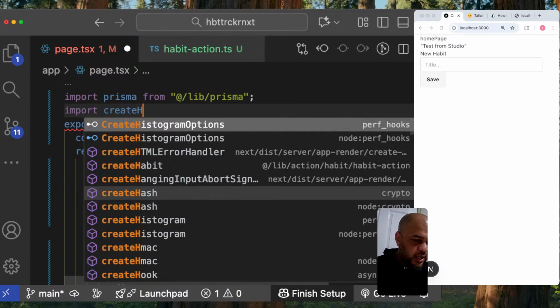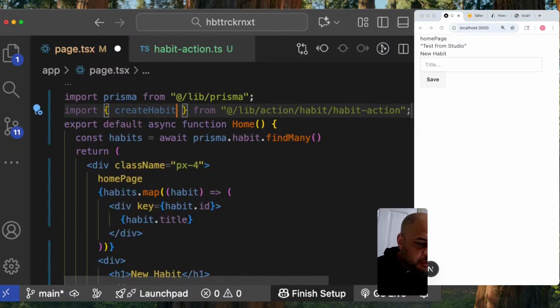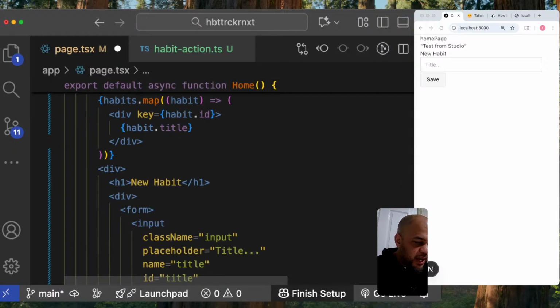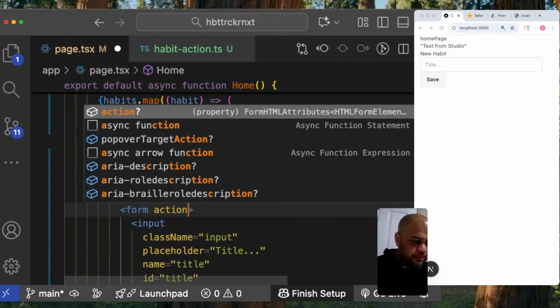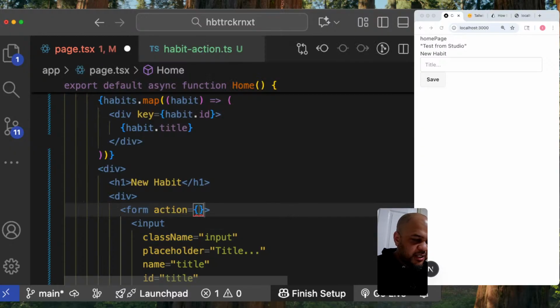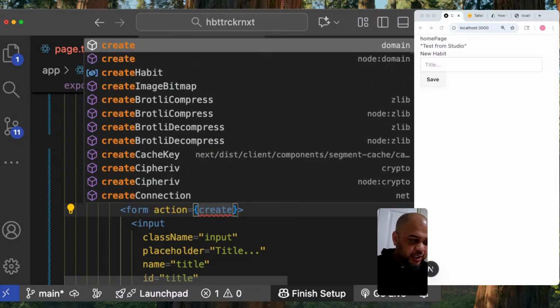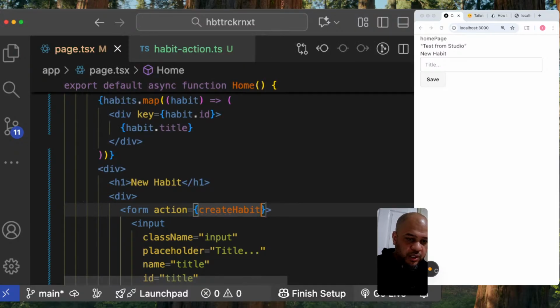Import createHabit, and be sure it's coming from @lib/action/habit, which is where we're storing that function. And all we need to do is pass the action method inside of the form element, and then just pass that function that we just created, createHabit. Click save. Now to test this out, we should be able to